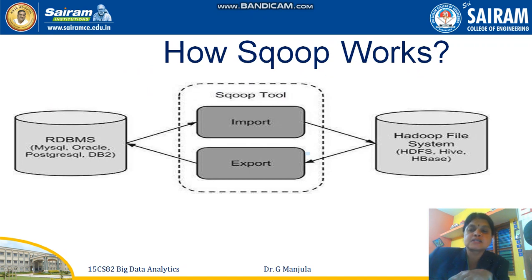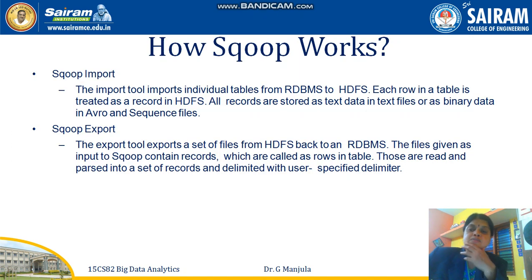Here you can see simple information on how the Sqoop tool is used for importing data from RDBMS to HDFS and from HDFS to RDBMS. In an RDBMS, what tools are available? We can use Microsoft, MySQL, Oracle, PostgreSQL or DB2. In Hadoop there is only Hive and HBase, as we studied in the previous class, and then HDFS. In this way we can interact from RDBMS to Hadoop and Hadoop to RDBMS by using SQL tools. So this is about importing.